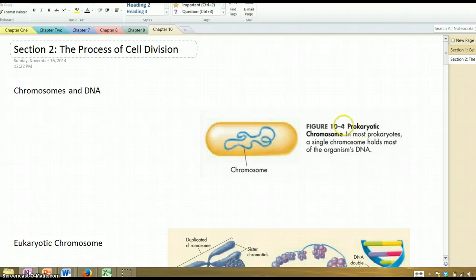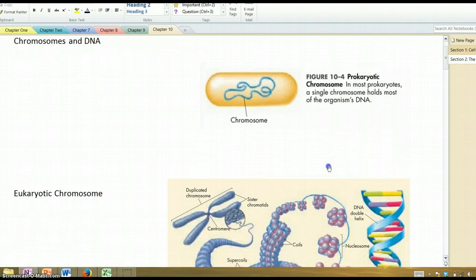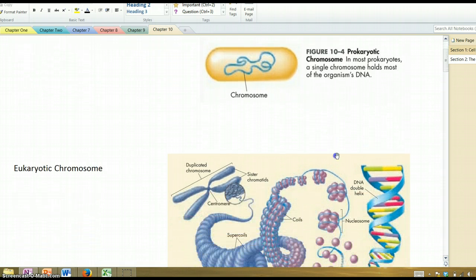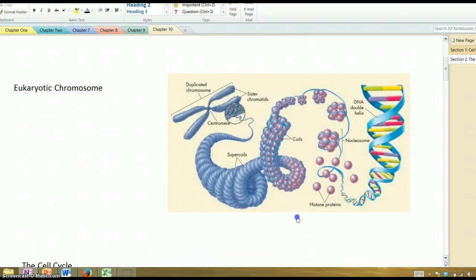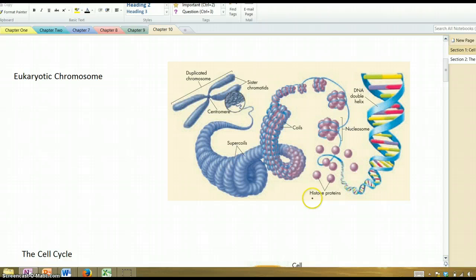Bacteria, that is prokaryotes, contain a single chromosome, a single circular chromosome, whereas eukaryotes contain multiple linear chromosomes. Ours are not circular. In eukaryotes in particular, the chromosomes are packaged with proteins called histones,